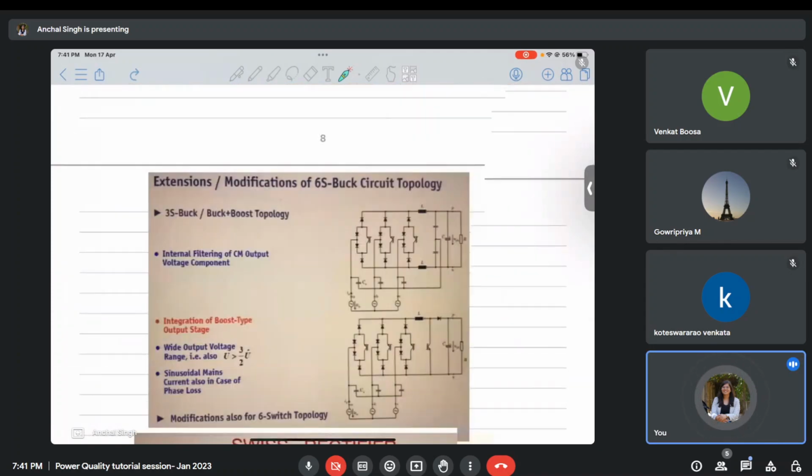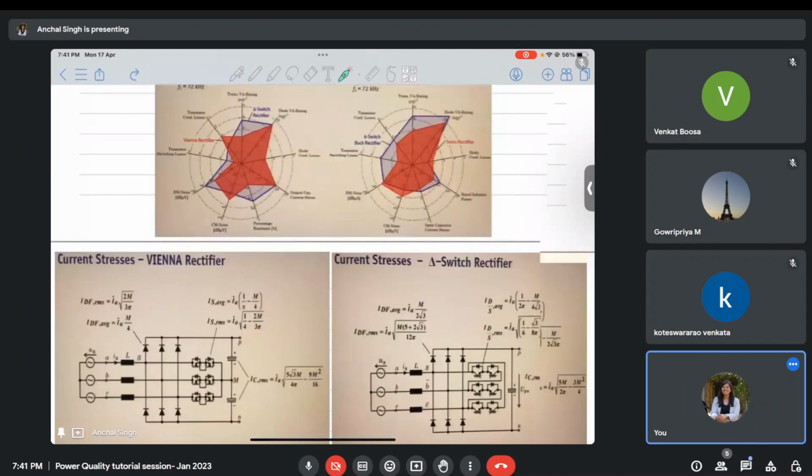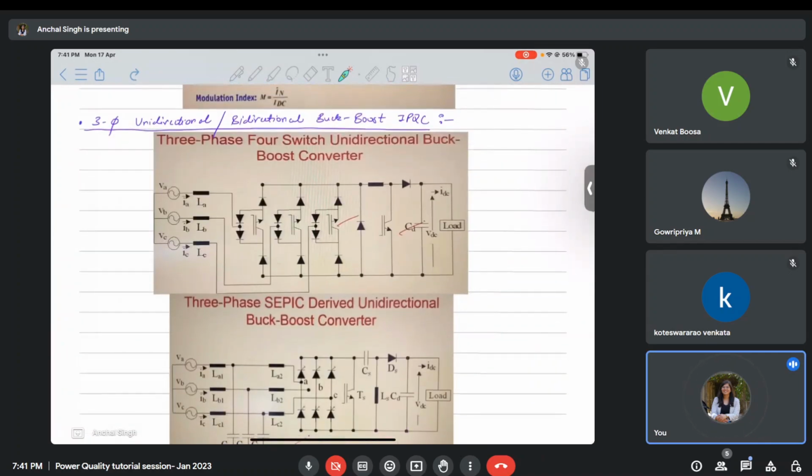So now these are buck converters, three-phase buck converters. So you can have a comparison table in order to compare the different topologies. What will be the overall price? What will be the rating of the switches? And what will be the size of the equipment if I use that particular topology? All these things you can, all these parameters you can use to decide what kind of equipment you want, or what kind of topology you are going to use for your application.